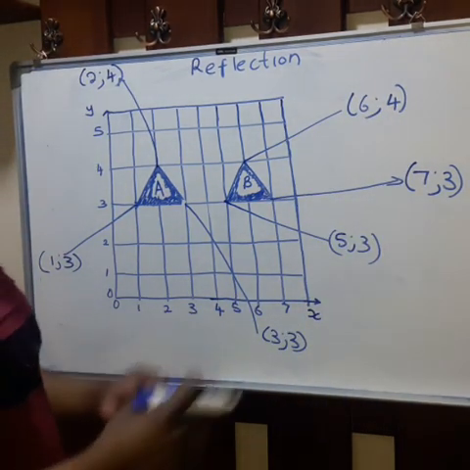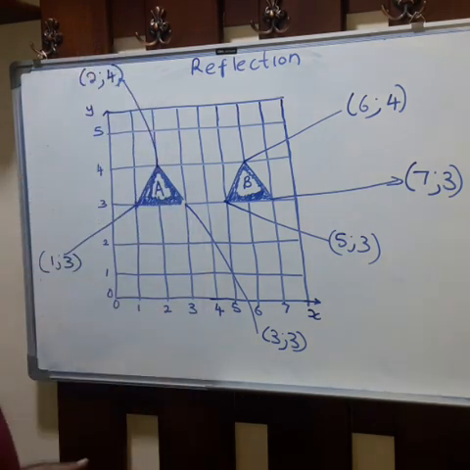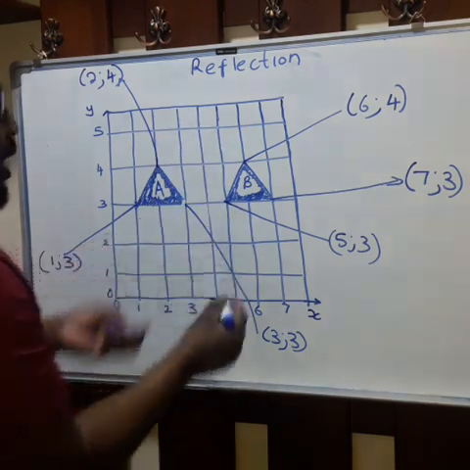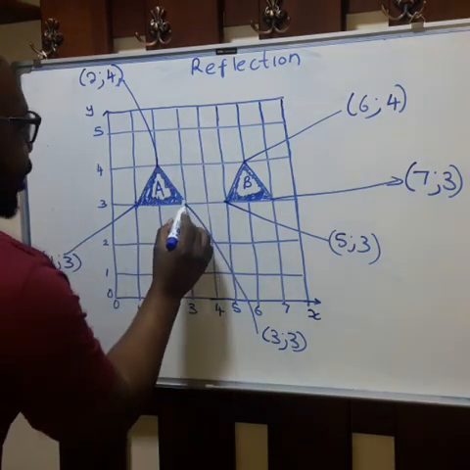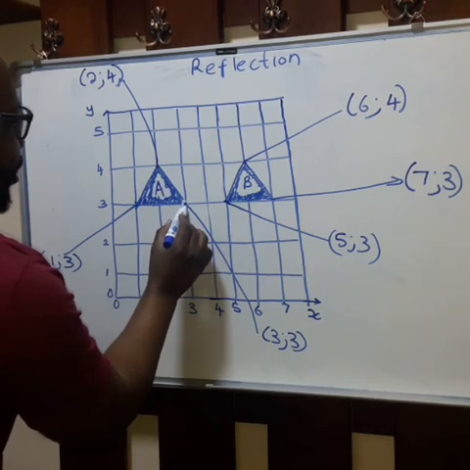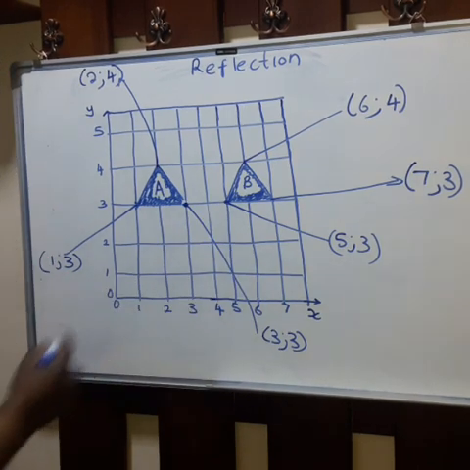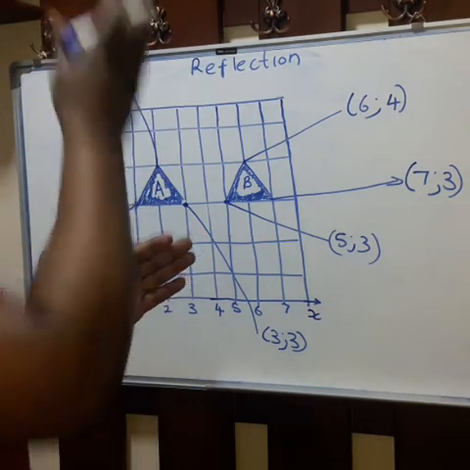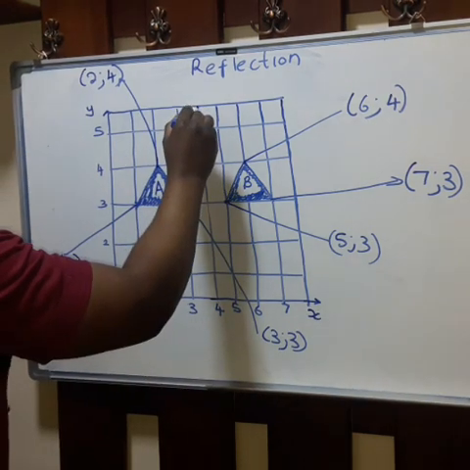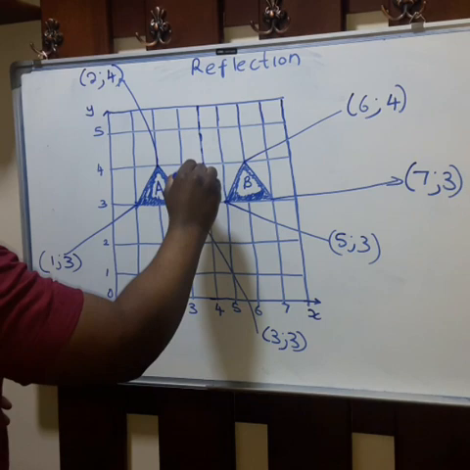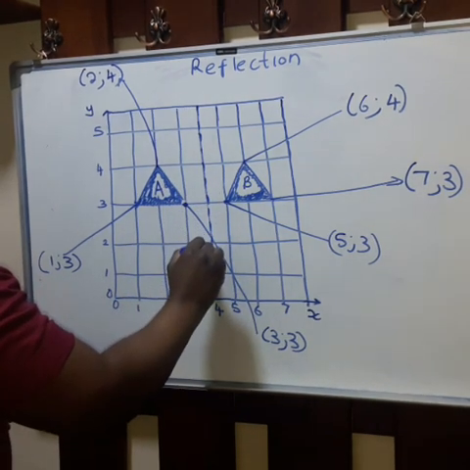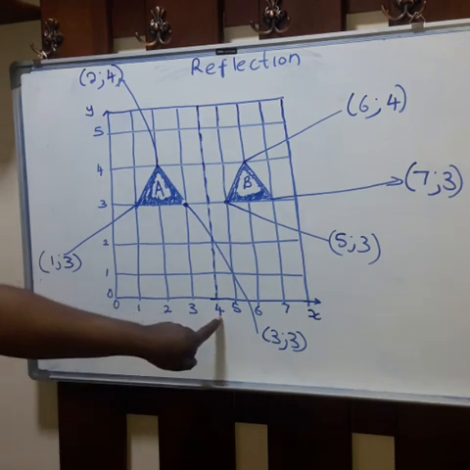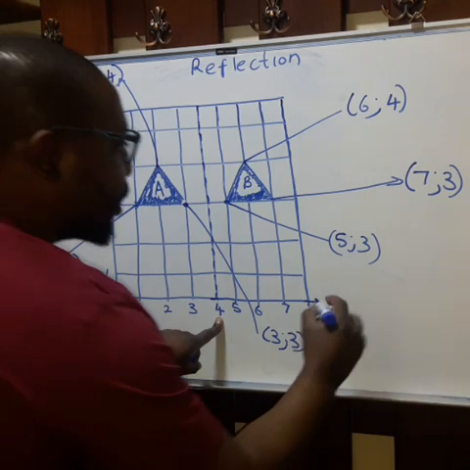And finally, we need to basically find the mirror line. We need to find the mirror line, and we have to measure equal distances from the mirror, okay? So I see I've got 2 boxes from this corner here to that corner, okay? I've got 2 boxes in between, so trying to find the middle part. This is the middle part here, okay? So it becomes our mirror line, okay? And this mirror line is in line with value x is equal to 4, okay?